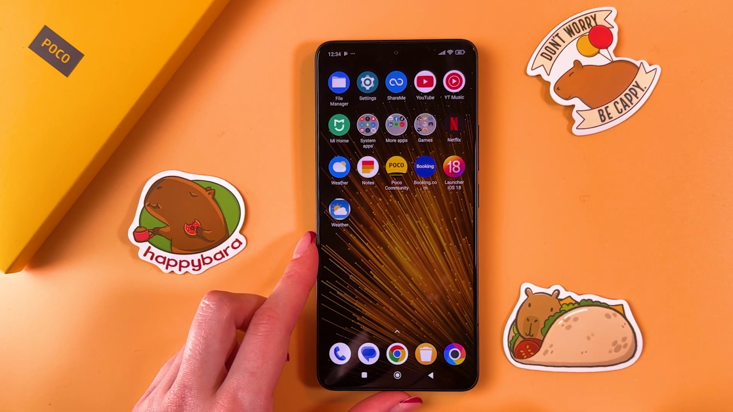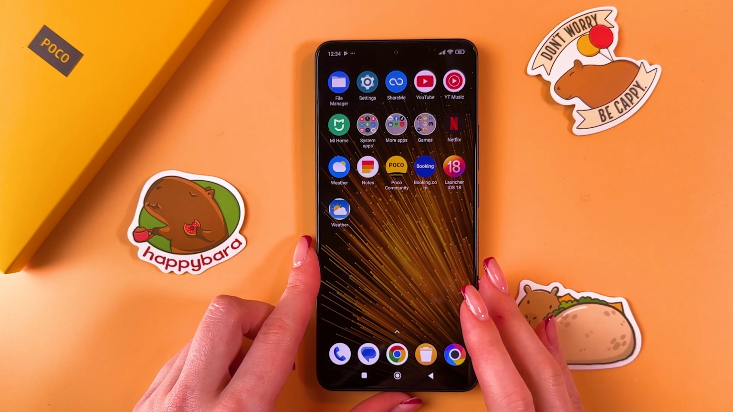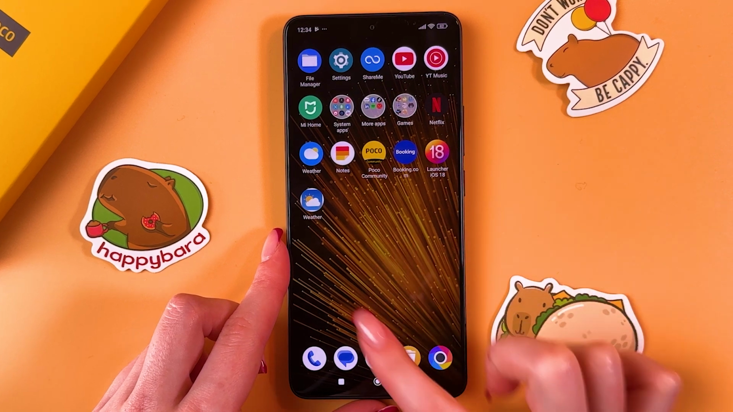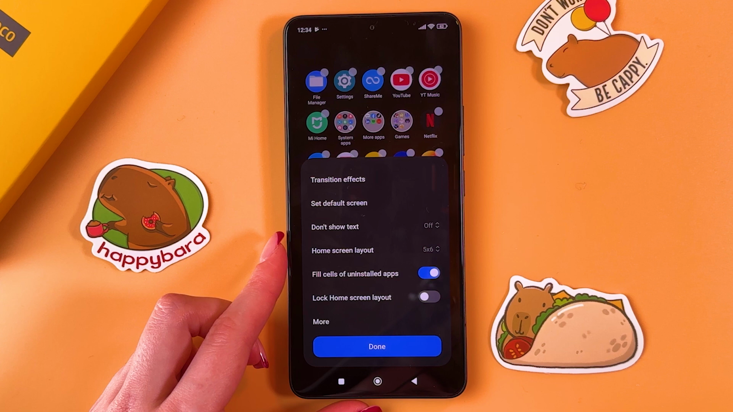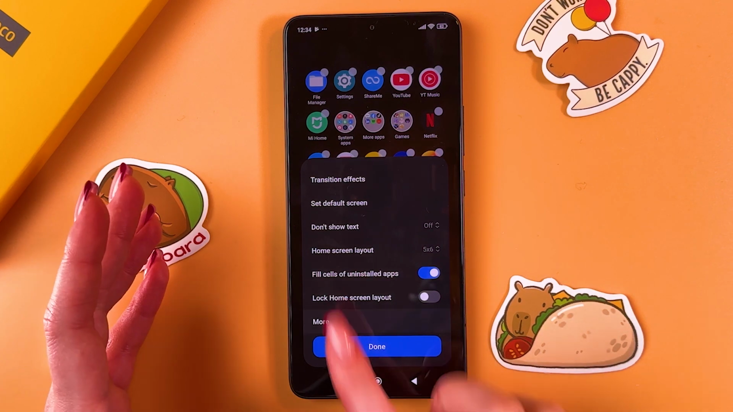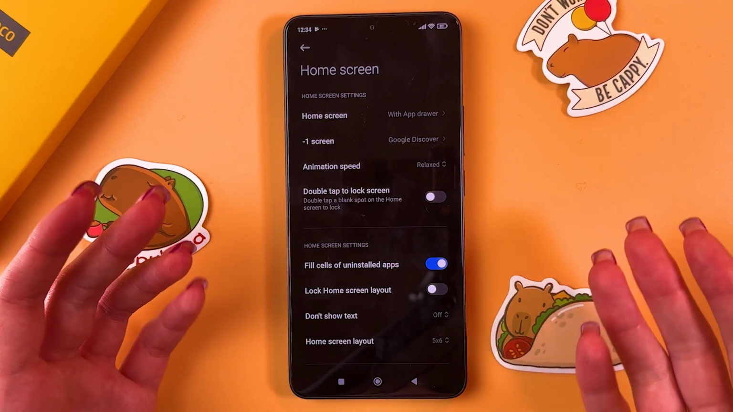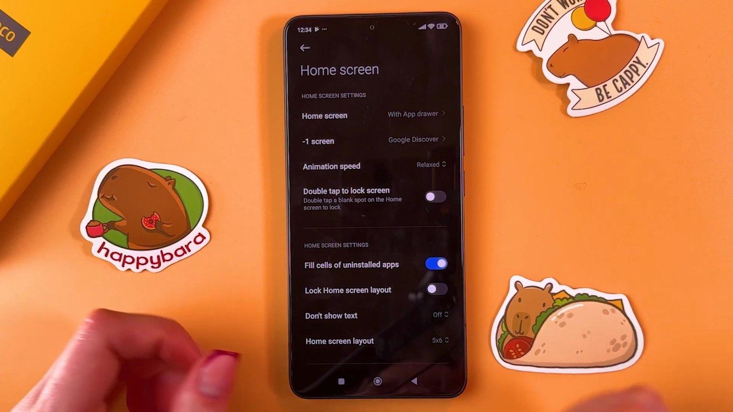Hi, to categorize apps on this POCO app 6, as a first step, just press and hold any free space on the screen and then go in its settings. Here we will need to select this More tab, and the first thing we can do is to enable App